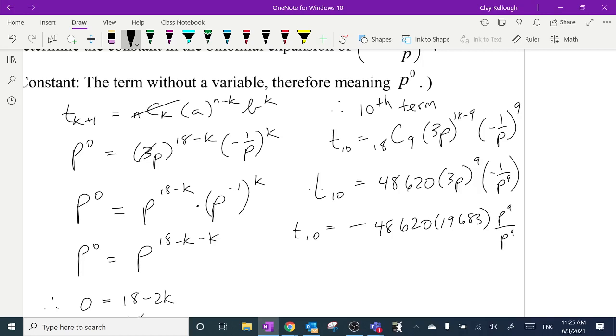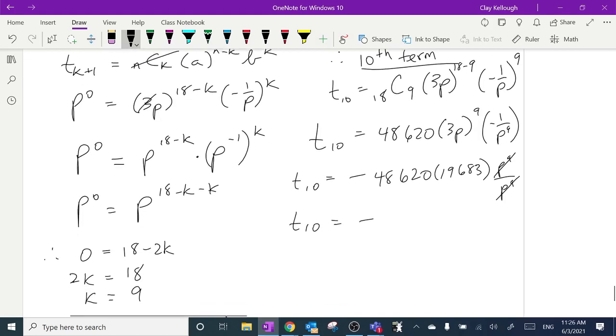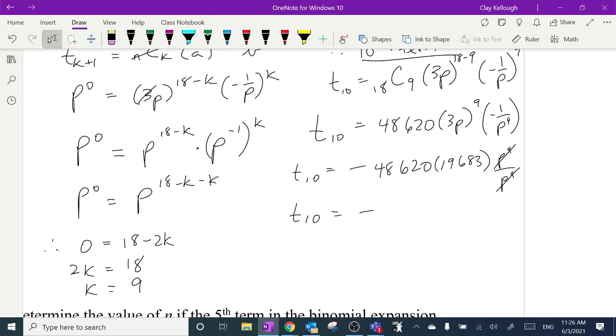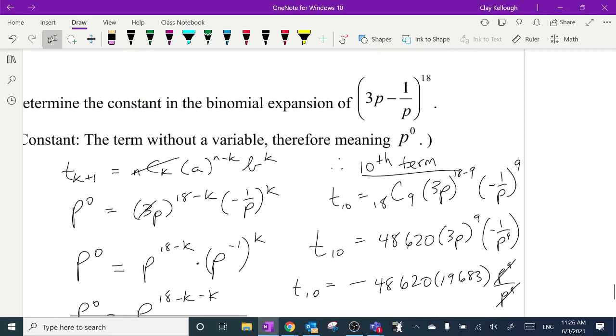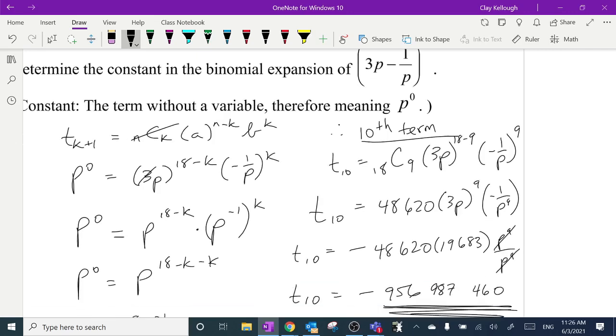is going to cancel. And that was the whole point, right? We wanted to find the constant term. So it turns out the constant term is the 10th term, and it's negative, whatever that answer is. It barely fits on my calculator. Let me write it out backwards so I get the spaces right. 460 space 987 space 956. 956,987,460, sorry, I said that wrong. 956,987,460 is the constant. If I expand this thing, which had a big power of 18, the 10th term will